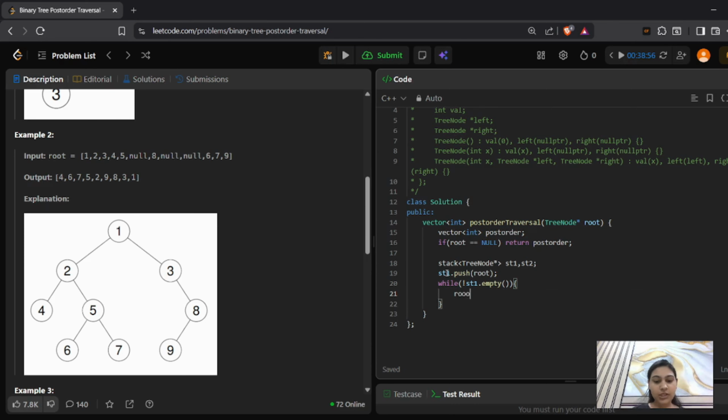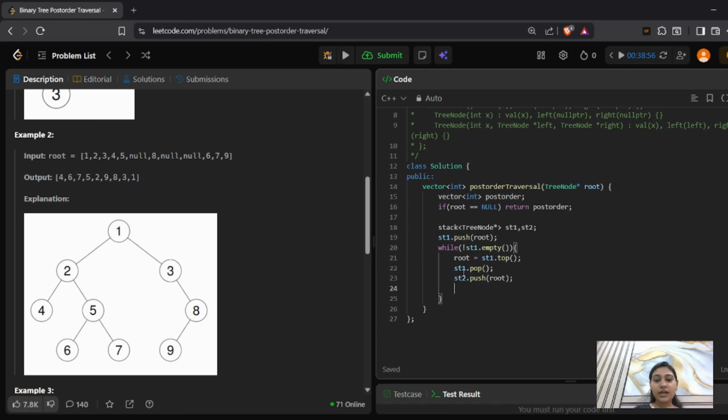In root we can store the topmost element, so stack 1 dot top, and we pop that element from stack 1. Now the element which we have currently popped out, we need to store it in stack 2 also. So in stack 2 we push our root node.